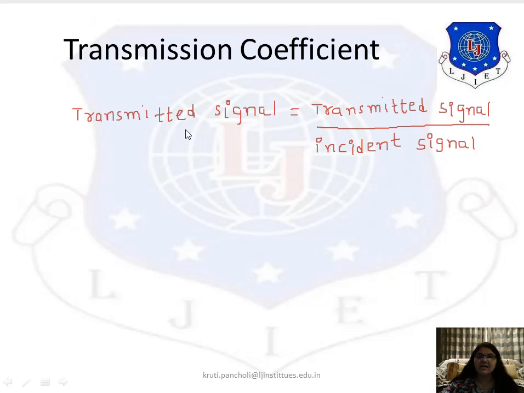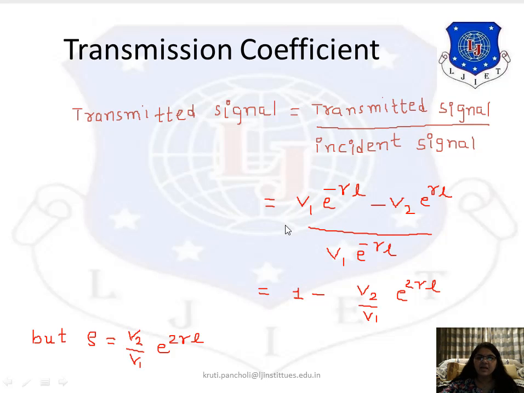The transmission coefficient is equal to the transmitted signal divided by the incident signal. So it is V1 e raised to minus gamma L minus V2 e raised to gamma L